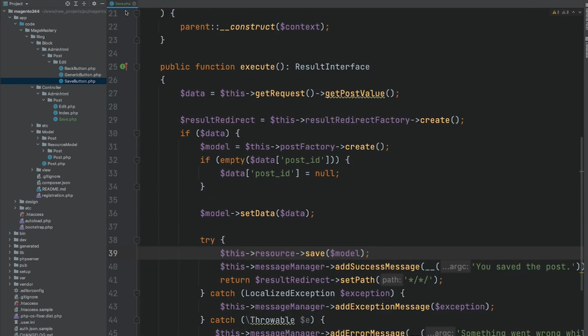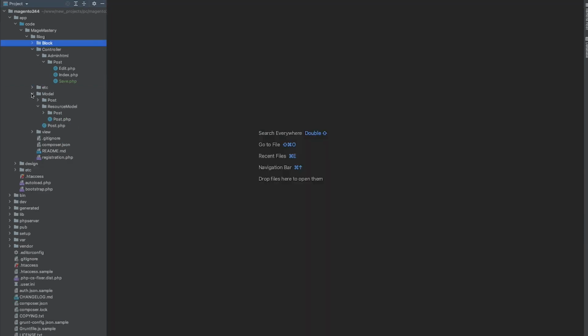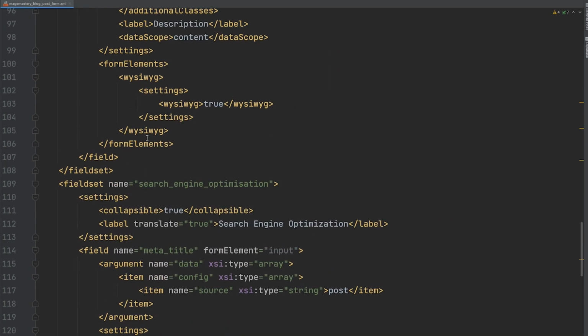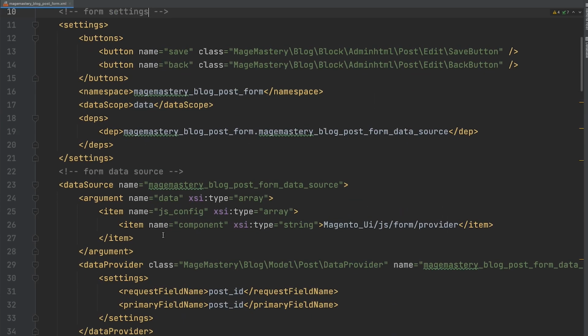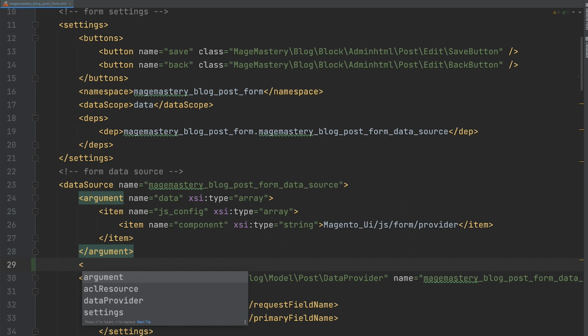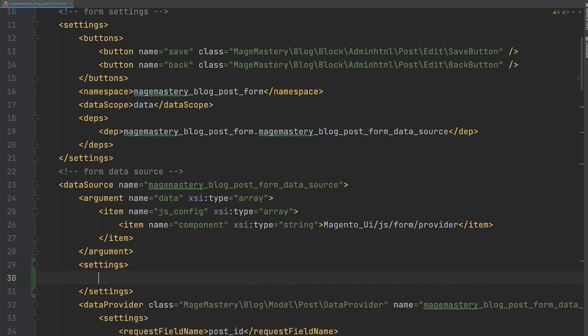So for this button to work, we have to go back to our UI component form, and inside data source, we can add settings, and inside settings we have to add submit URL, which will point to our newly created controller. So when a user clicks save, this submit URL configuration will be used to submit.